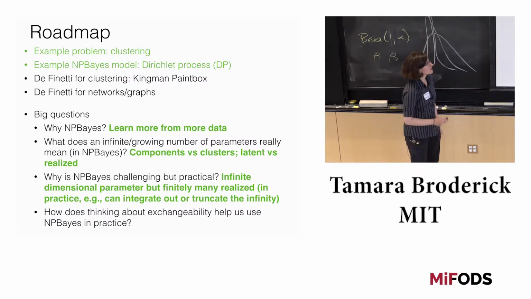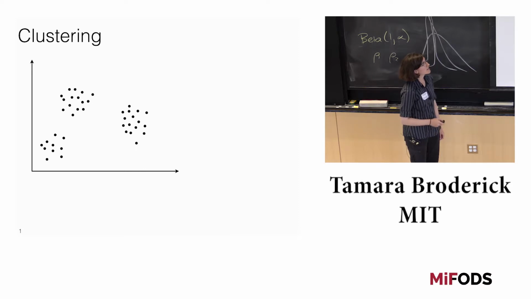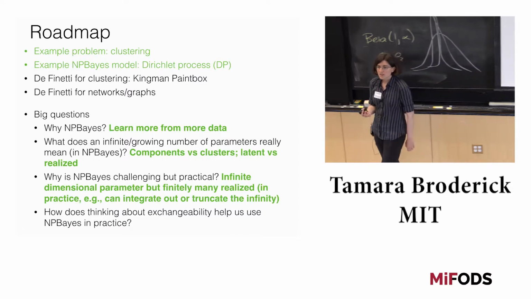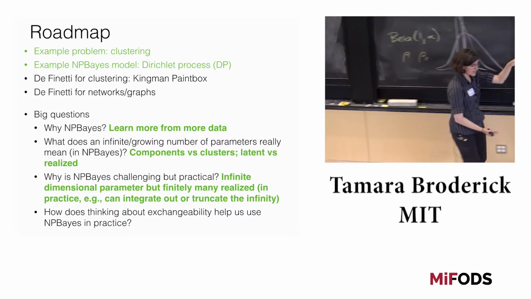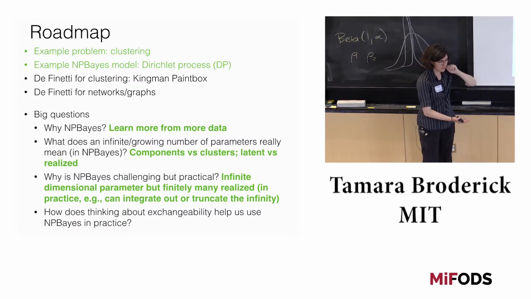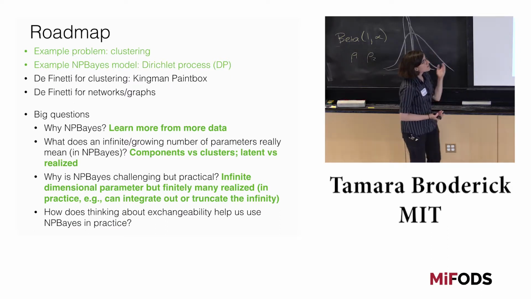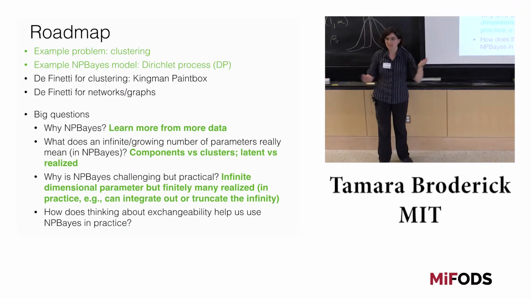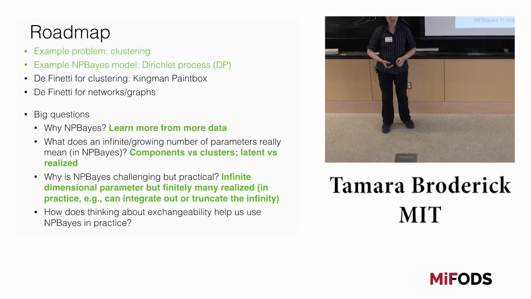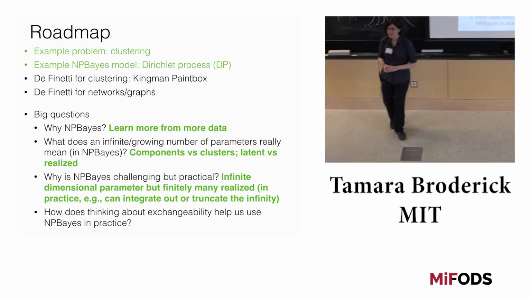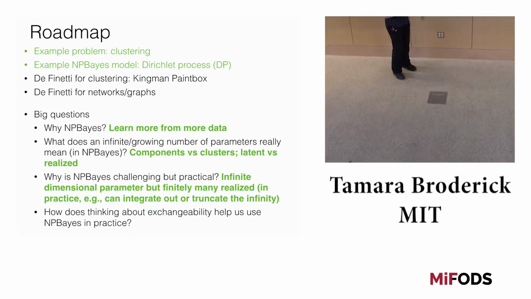Great. Okay, so now let's move on to thinking more generally about clustering. The way that we got to this point was we said, here are some difficulties with a simple finite mixture model. Here are some things that we'd like that class doesn't allow us to do. And so now we introduce this new class of models that allows us to do some of those things. Now let's think about what are the limitations of the Dirichlet process that we just suggested? Or I should say, we're not going to talk about all the limitations, just some of them. And a way that we can see that is via exchangeability.